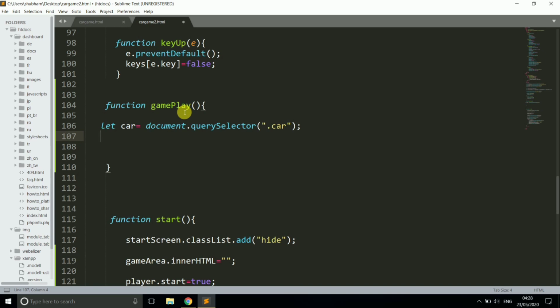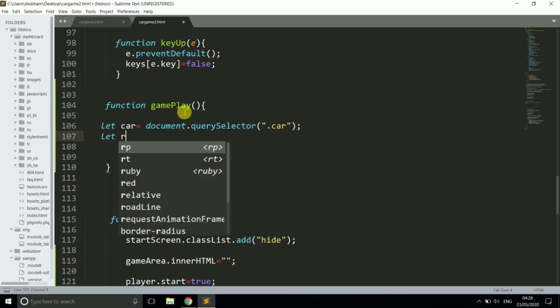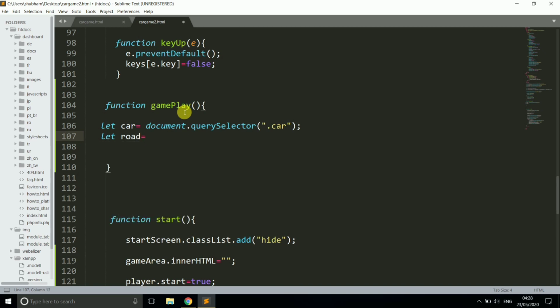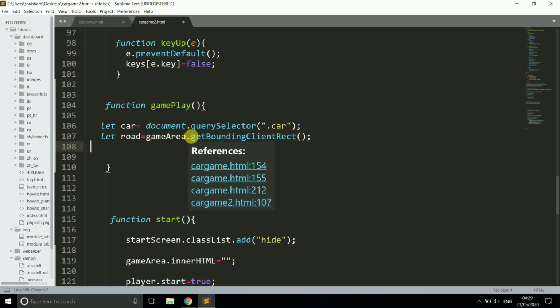Now what do we need to write? Here we make another object, which is road. Let road equal to gameArea.getBoundingClientRect(). What is getBoundingClientRect basically? It gives us the positions of this game area.